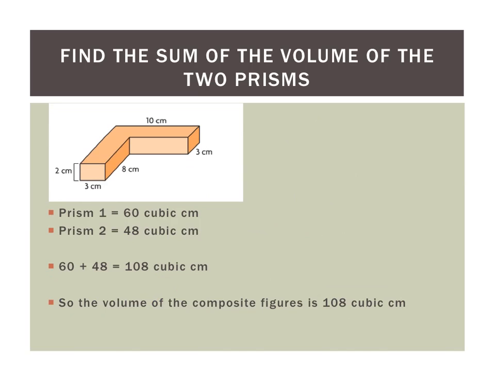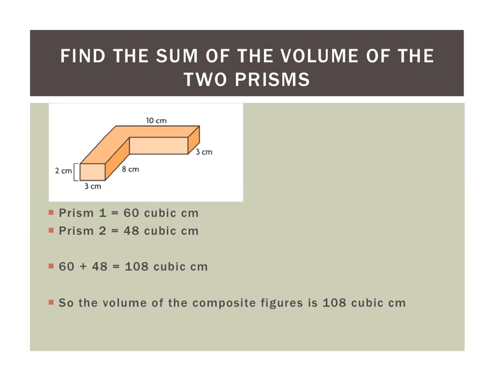The final step is to add the sums of the two rectangular prisms together to get the volume of the composite figure. If you broke it apart the way I did, one rectangular prism had a volume of 60 cubic centimeters, the second had a volume of 48 cubic centimeters, and combined, the composite figure would have an overall volume of 108